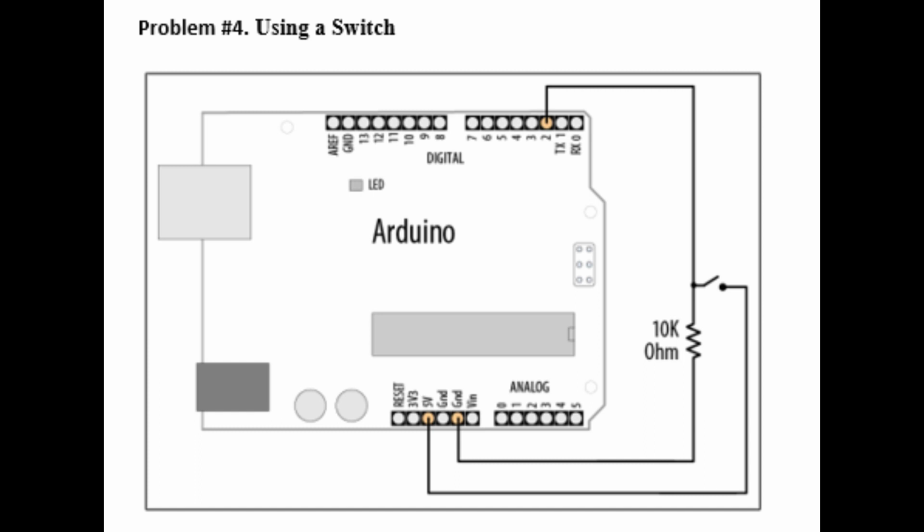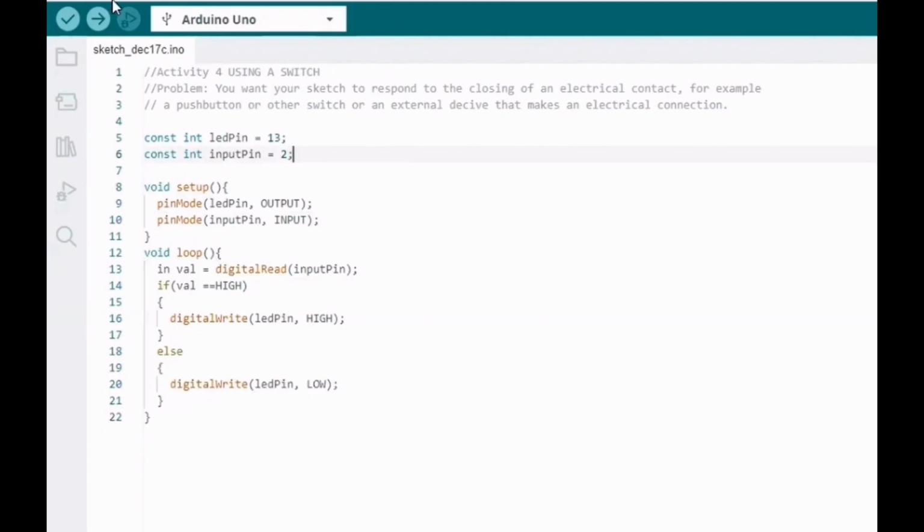Code breakdown. Number 1. Constants. LED pin equals 12 assigns pin 12 to control the LED. Input pin equals 2 assigns pin 2 to read the switch input. Number 2,